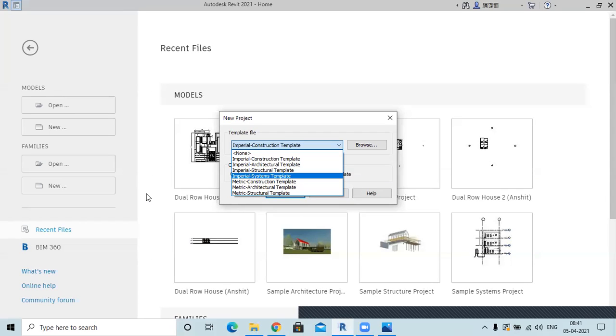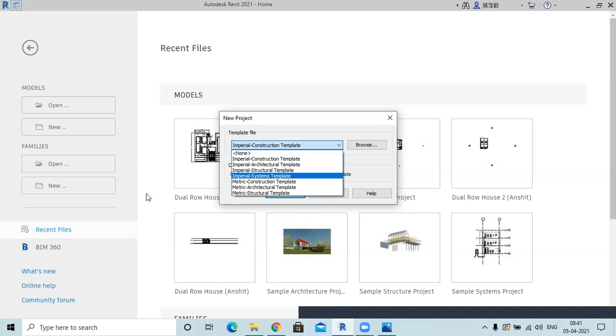Like in a construction template, you will be able to apply different types of truss modules and other construction elements. In a structural template, you'll be able to find the load bearing capacities and the different types of loads coming on a structure element.